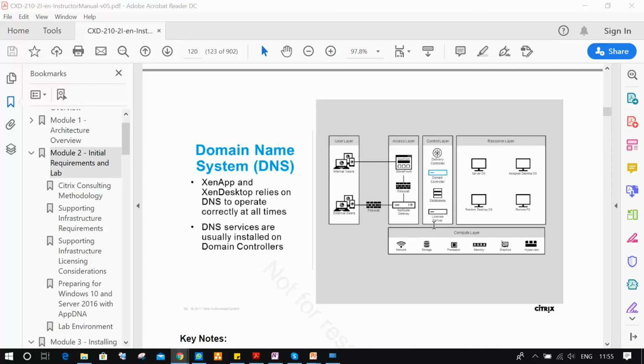Just as the phone book in your phone gives a service to you, in AD, DNS does the same job. Computer name to computer IP address, computer IP address to computer name. This same thing will be reflected. For example, you're calling me. So I stored your phone number in my phone book as Avinash, Citrix student. This is the way I'll note it down.